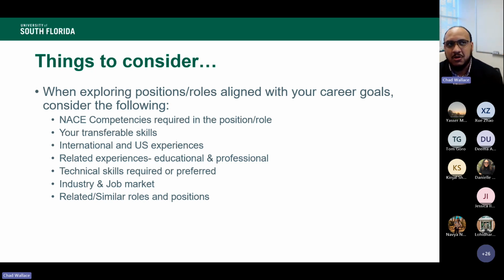In a job description, they may say something like, must have the ability to work in this particular team or this particular group of people. That's automatically there. That's teamwork, right? So you say, okay, one of the competencies required for this role is teamwork. How have I showcased teamwork in the past? Am I currently showcasing teamwork in my involvement? And if not, what can I do to start getting more of those competencies developed in my